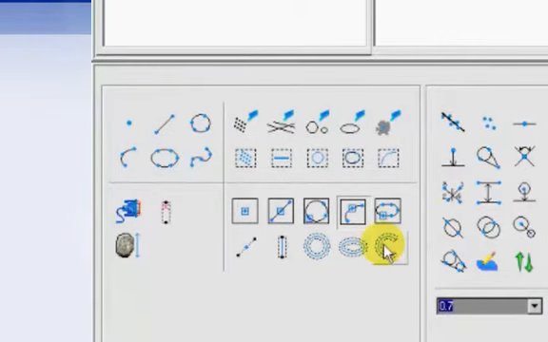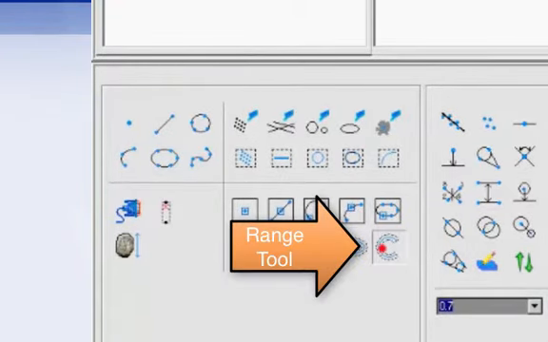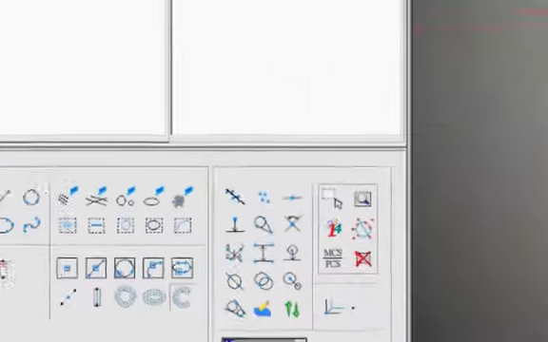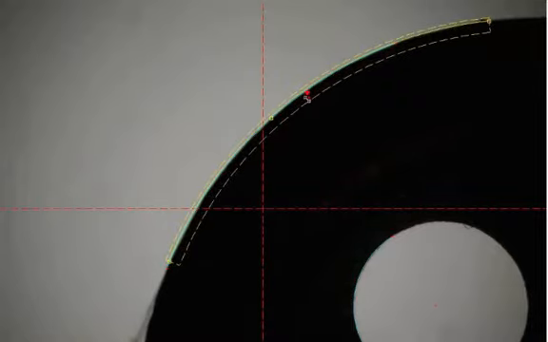Last but not least is the range tool. The range tool works the same way as the circle tool, but in the range tool it allows us to click on 3 points around the arc. I'll come a little bit farther out here and say I want you to look within each one of those areas there, and then it allows us to stretch or create the range or zone that we want the edge